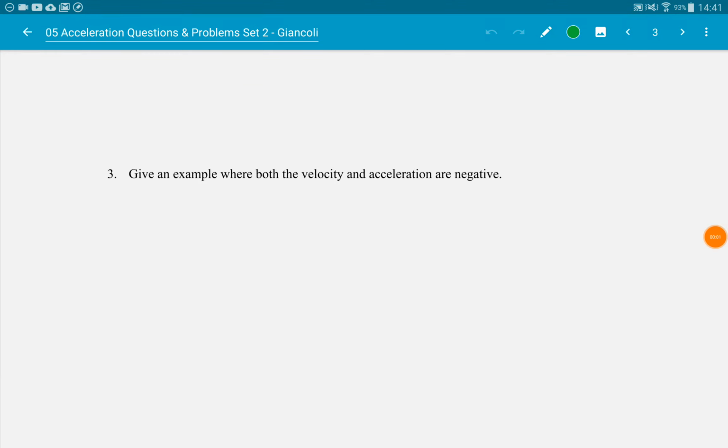All right, we're on acceleration question and problems set 2, question number 3 here. Give an example where both velocity and acceleration are negative. Okay. Well, first, let's establish which way is positive and negative, and which way is positive and negative is totally